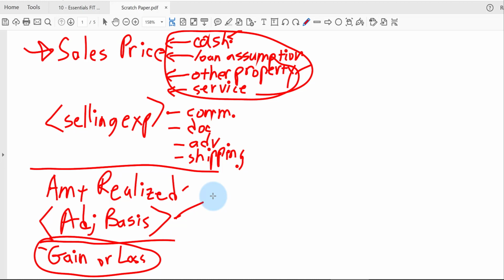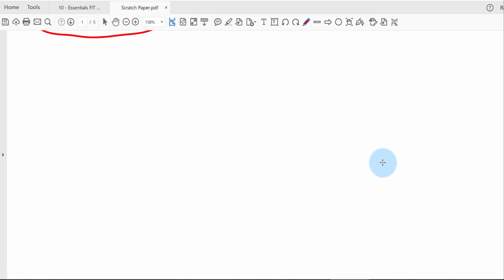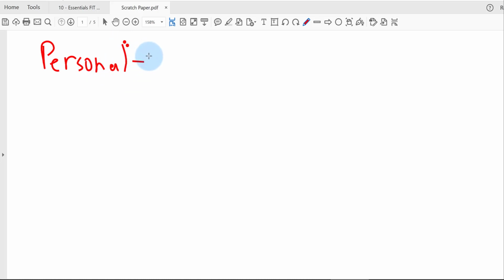Now let's talk about some terminology when we're dealing with sales of property. So property can probably be classified into 3 different categories. One type is called personal use. So for most people, this is their automobile. This is their furniture in their home, their clothing, stuff that you're not using for business,